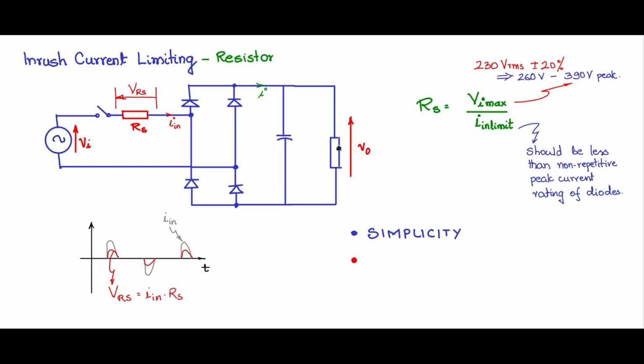However, there are disadvantages. One of the main disadvantages is that it is lossy, because there is going to be a drop and current flowing through it, so there will be a loss, and therefore the efficiency of the entire circuit will suffer and be low. And the second problem is that the available voltage at the output is lower, so lower V0, as compared to the case where you don't have Rs. So let us look at a few other solutions where these disadvantages are removed.